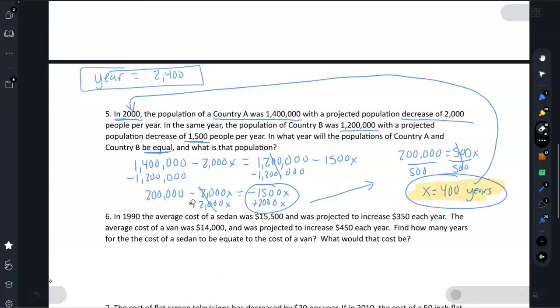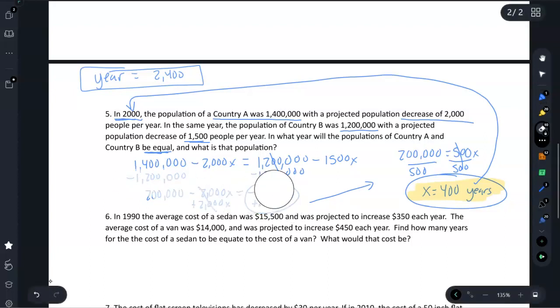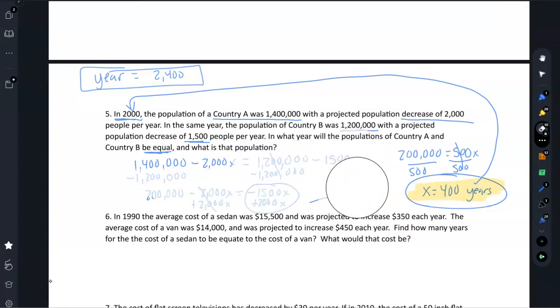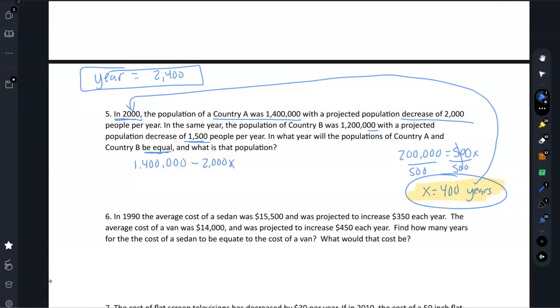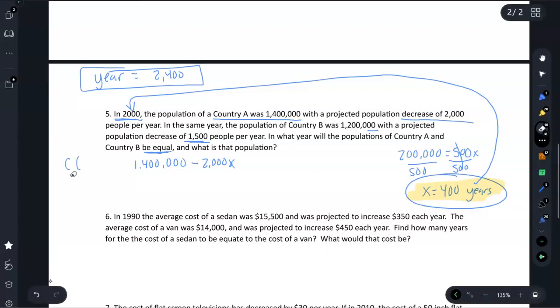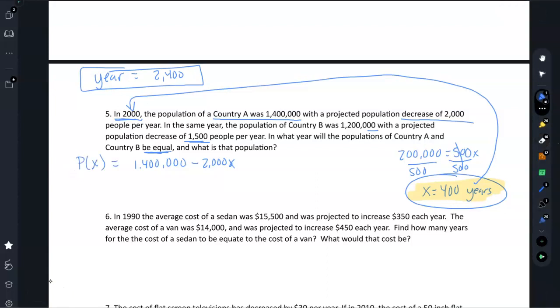So now if I want to know what that population would be, I'm going to erase all of this, and I could keep the equation on the left or the right, but I'm going to keep the equation that I had on the left representing country A. Since these two populations are going to be equal, you can use either one. So this was country A. Let's call the population P of x. So P of x is equal to 1,400,000 minus 2,000x. We just found that x was 400. So if I plug that in,